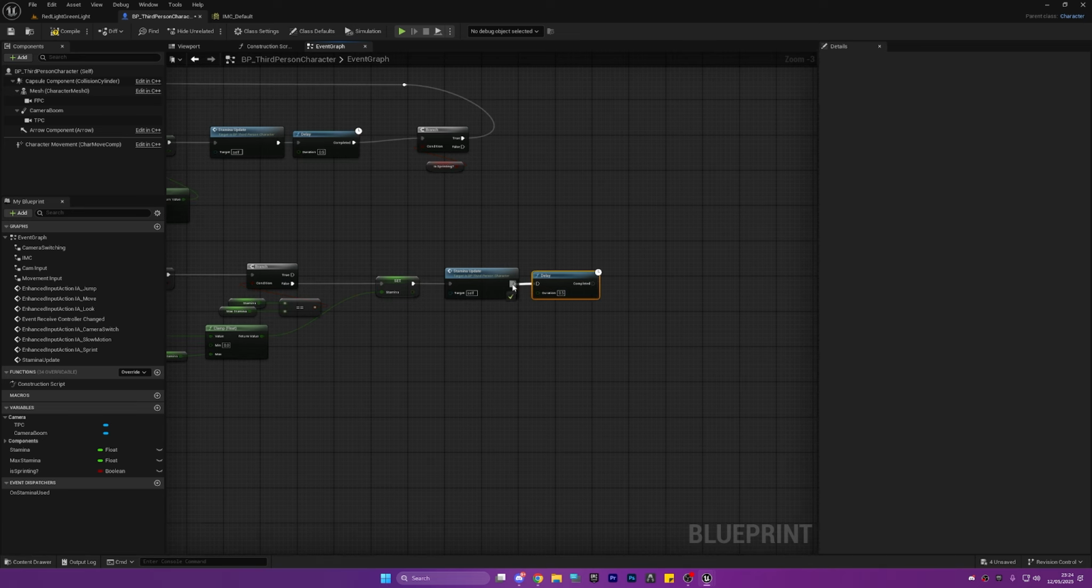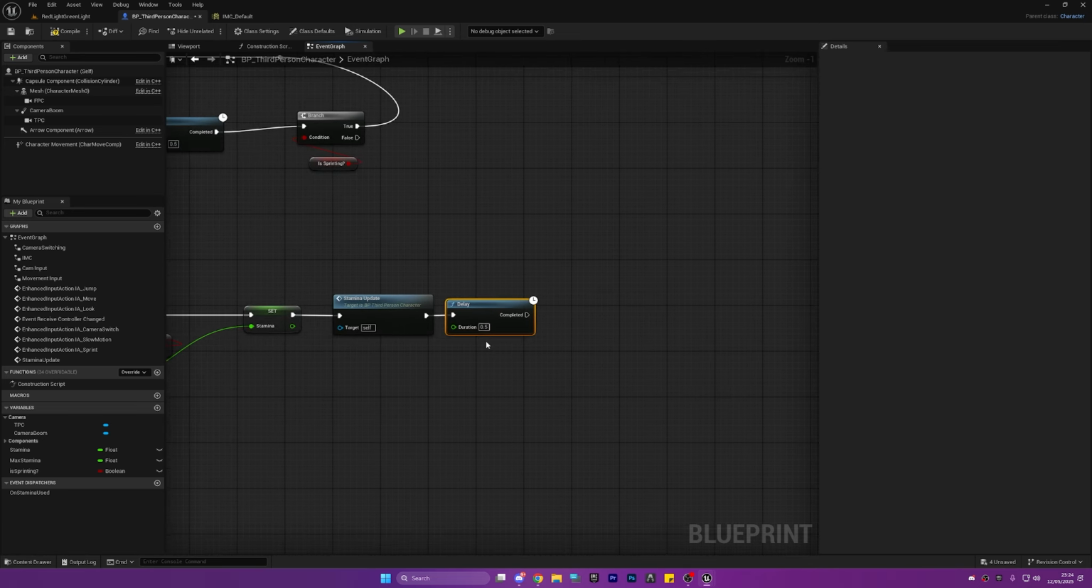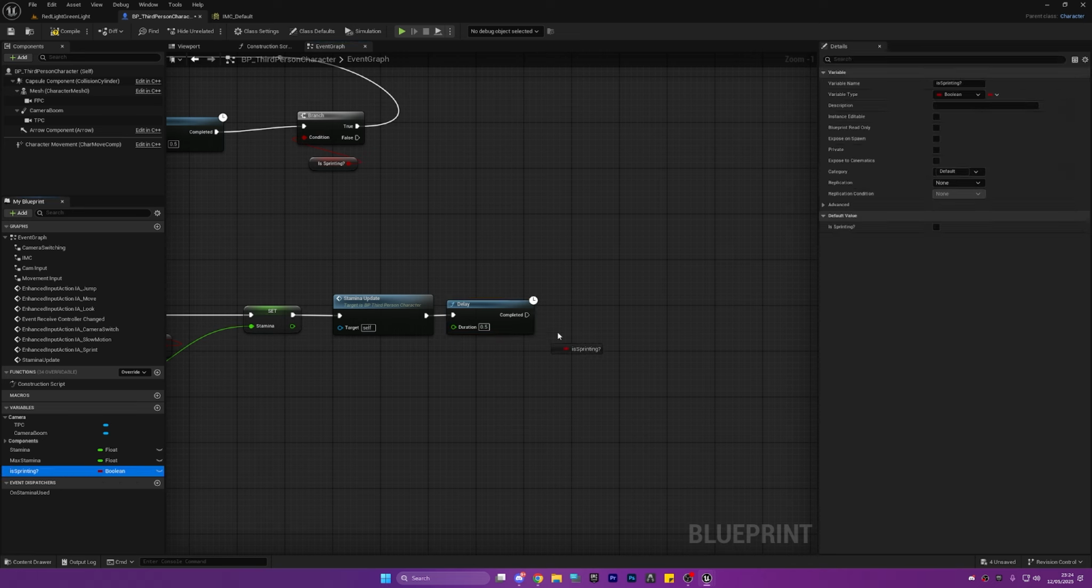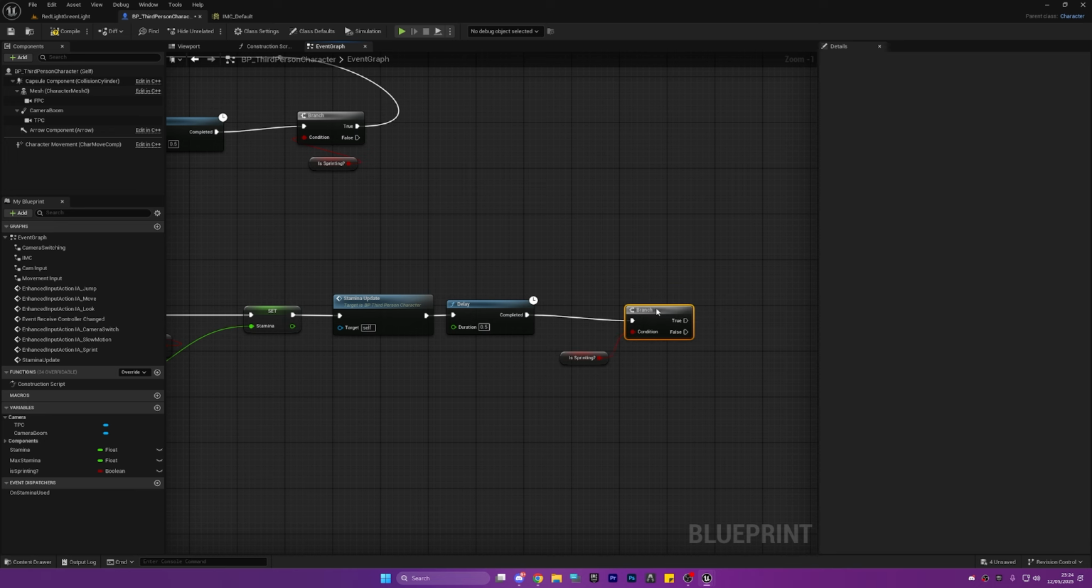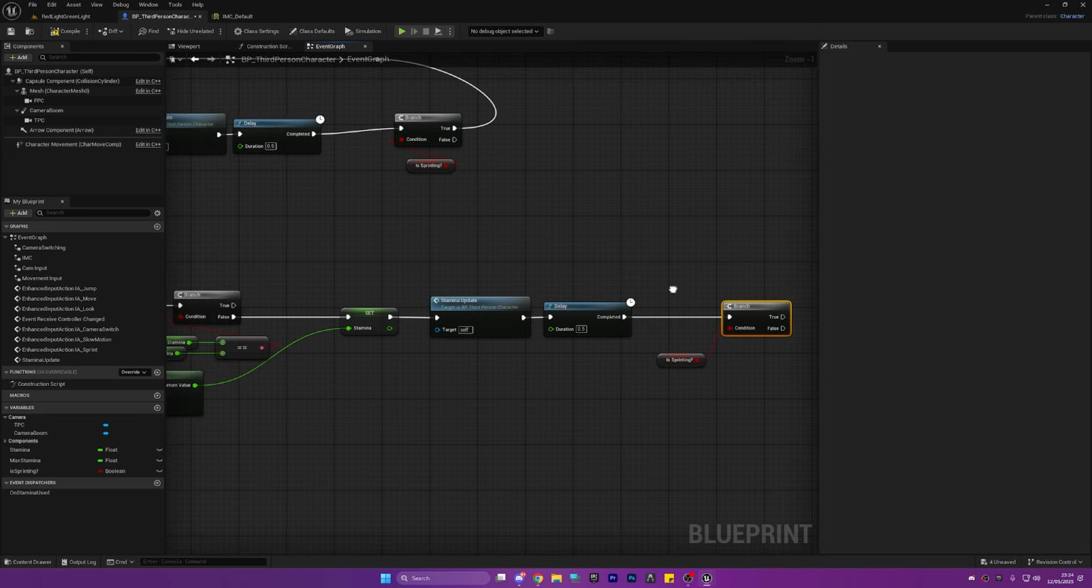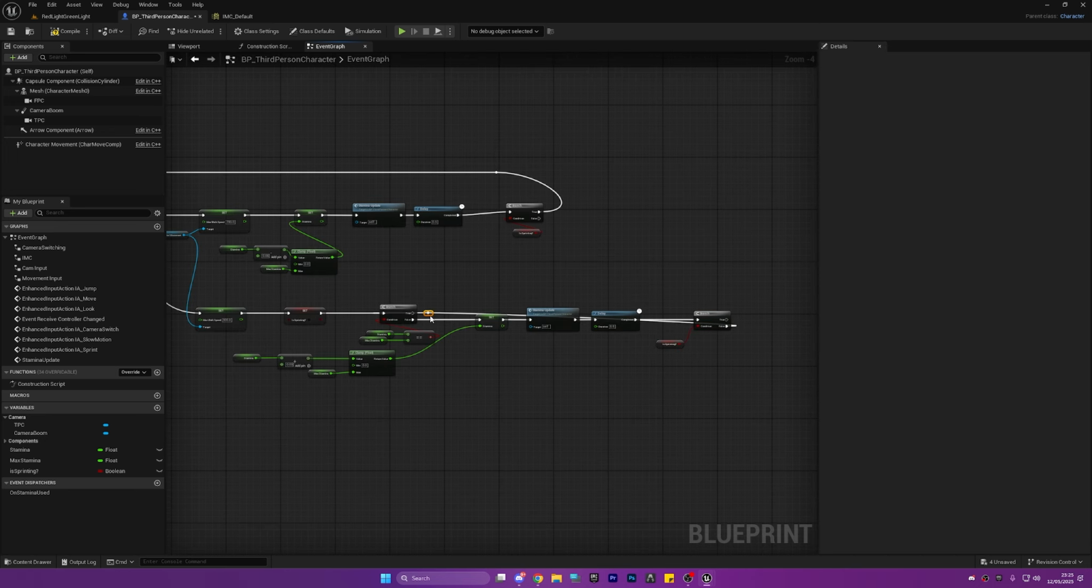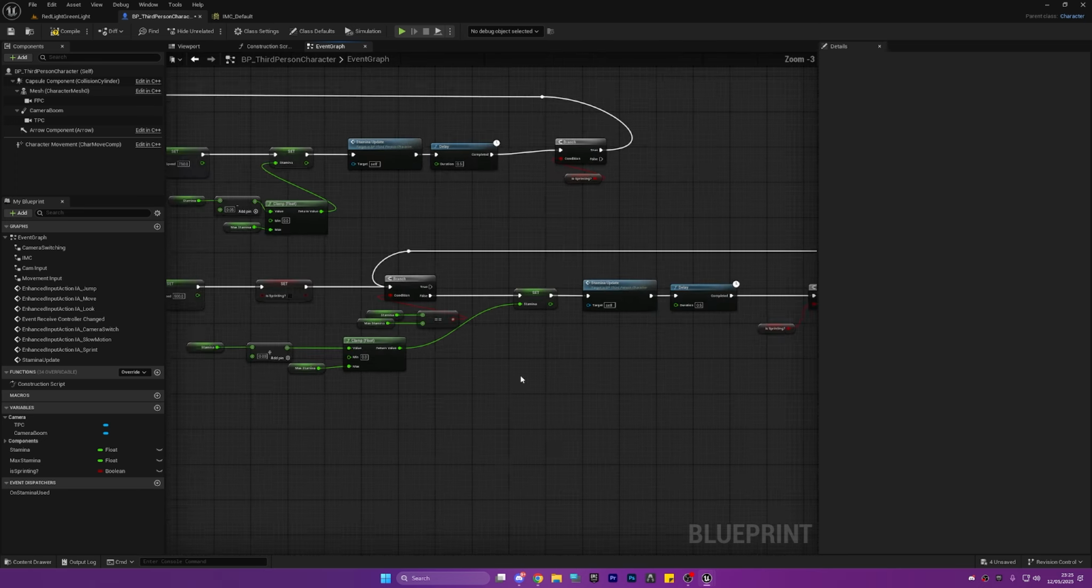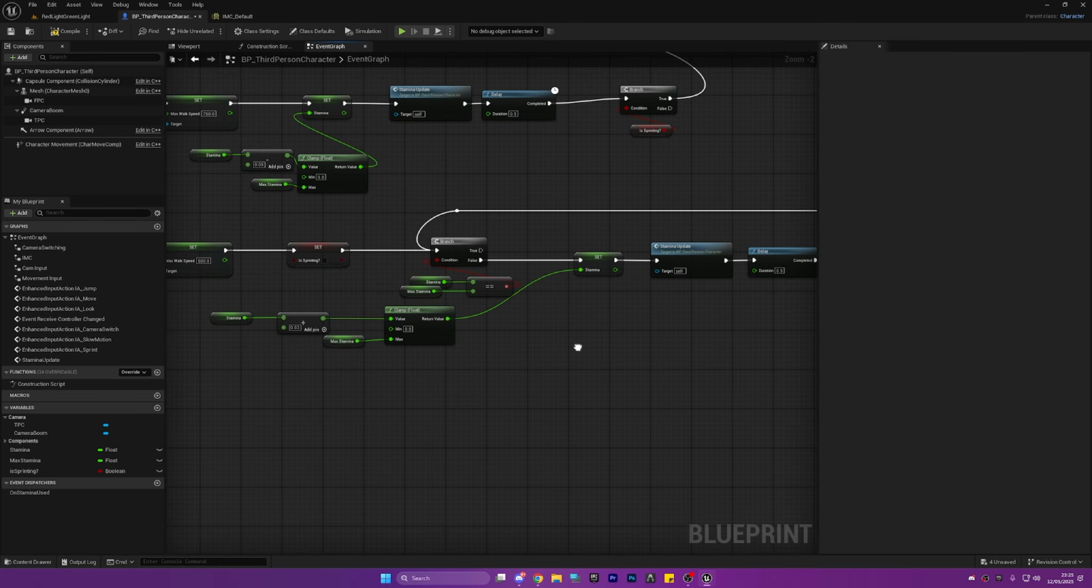We need to add another delay, and this delay is going to be 0.5 again. Drag out of is sprinting, and we're going to get is sprinting. Branch, once again. And then we're going to loop it round, just like we did last time, out of the false value this time though. Back into that branch that we created earlier. And then,